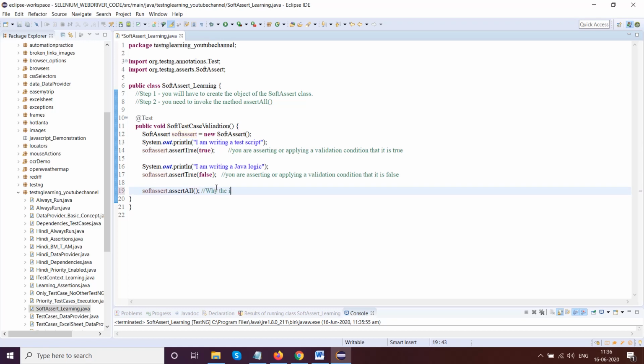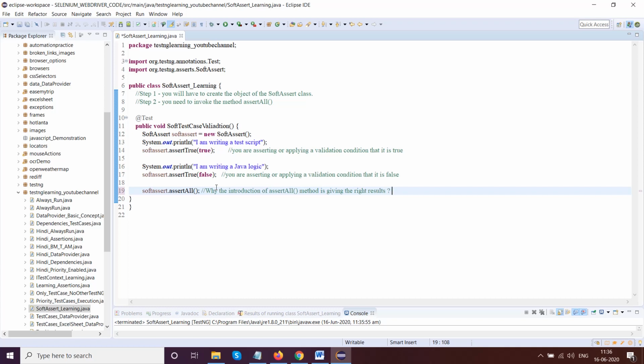Why the introduction of assert all method is giving the right output, giving the right results. This might be your question, right?